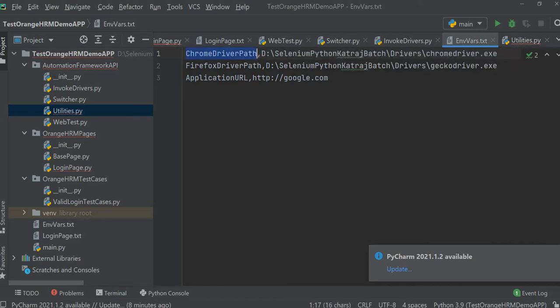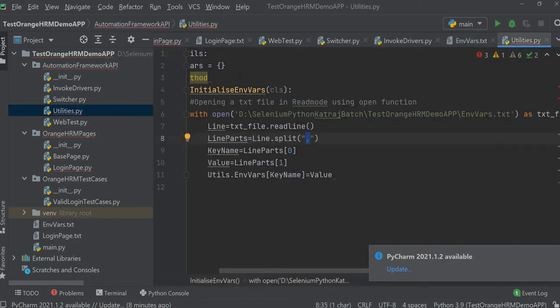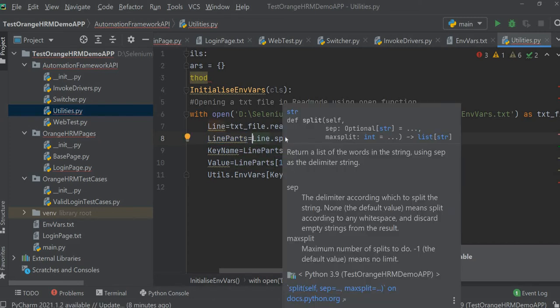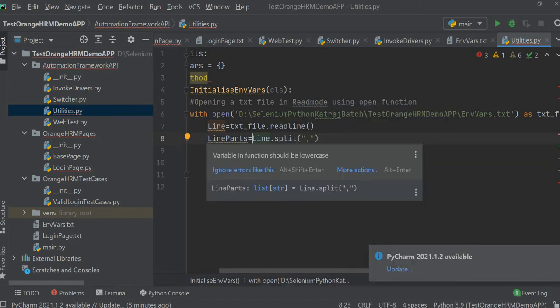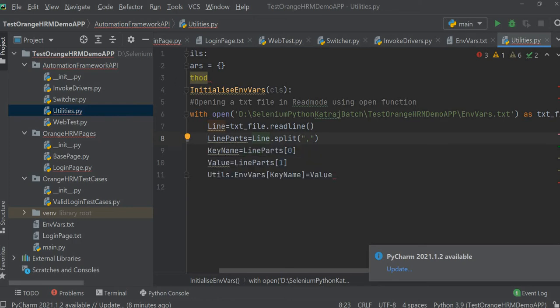So this and then this. Then we are storing them in this list. So basically this split gives you the list of strings having the parts of the split line.